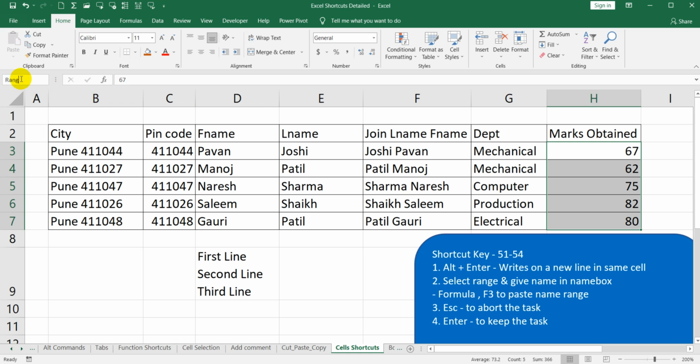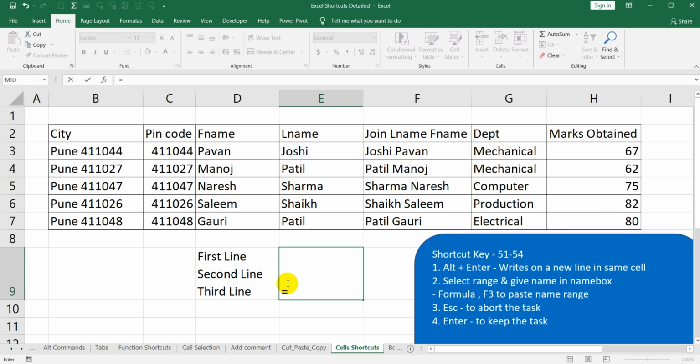provide the name range. I will add marks, and you can see for this data the name range is added. So I'll just add this again, and now you can see the range is added over here. If we select the complete range, you can see the name over here, that is marks.